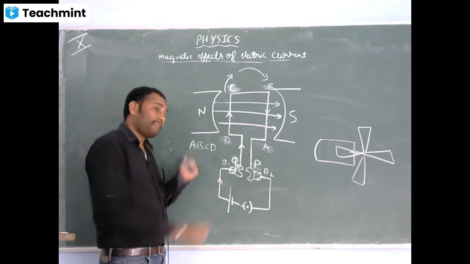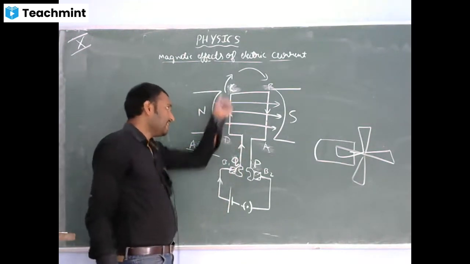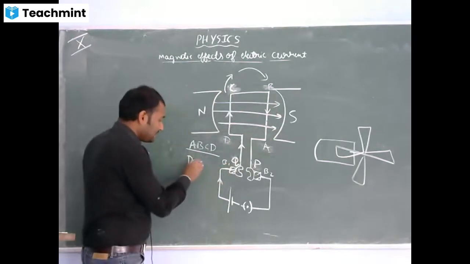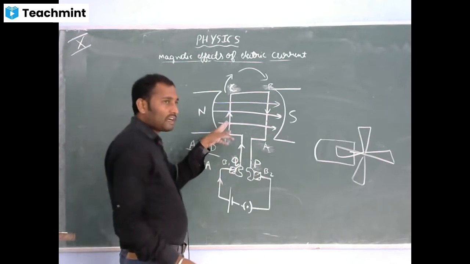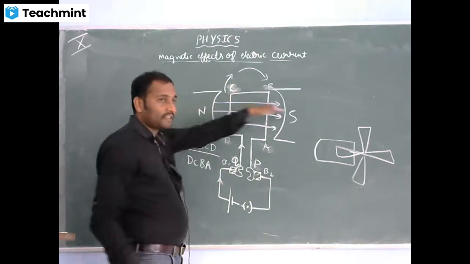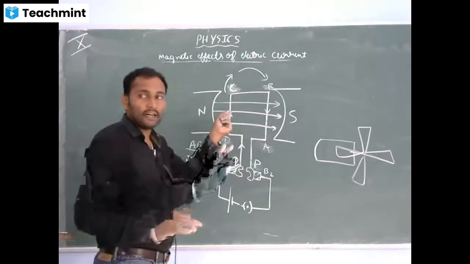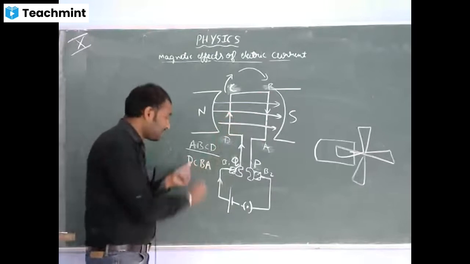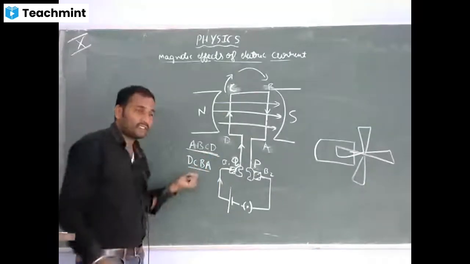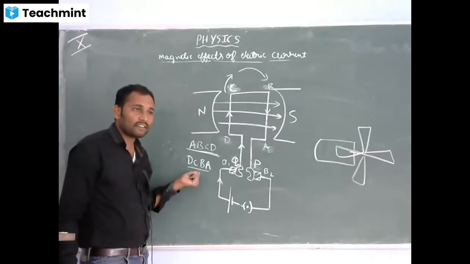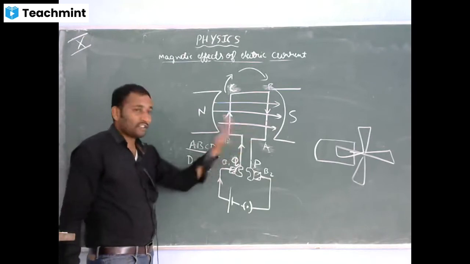Earlier current was flowing from ABCD. Now it is D, C, B, A. Correct? So here also current is flowing in the up direction, the magnetic field is in the same direction, so the rotation will be in the same direction. There is no change in the rotation. See, in the first half current is flowing from ABCD, in the second half the current direction has changed. Why did it change?